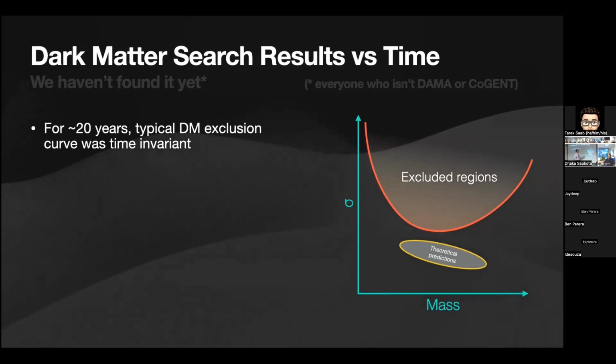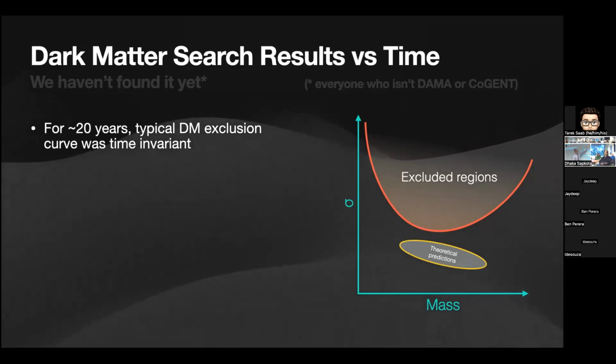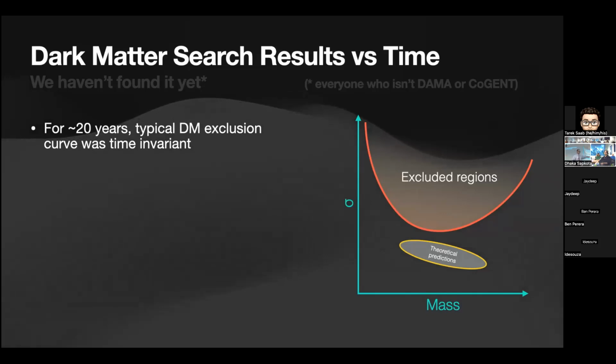And I don't have any numbers on it here for a reason, because for many years, papers will come out and if you take out the numbers, they look exactly the same. No experiment has claimed the signal yet. There's always a theoretical region that's favored that's just below your reach. And 5 years later, you build a better experiment and you push down and you still haven't seen it. But then the theorists realize they forgot a factor of 2, and so their models move down a bit. So it's a little bit of a cat and mouse game.